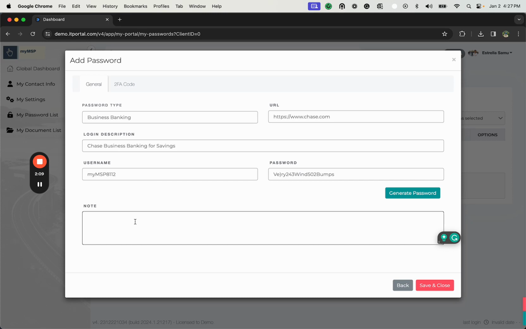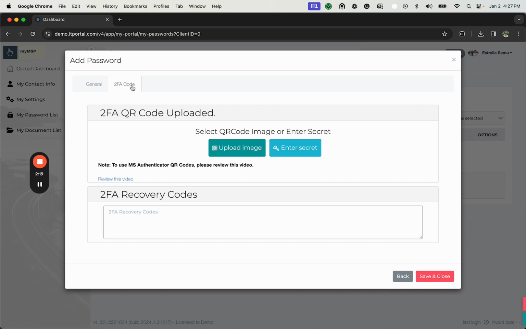So if you want to save information about this, maybe some security questions and things like that, you can use the notes field to store those. We do have an option as well to upload a QR code. When you go to some websites, they do give you the option to display a QR code, and you would normally scan that with your phone. I'm going to show you how to do that here